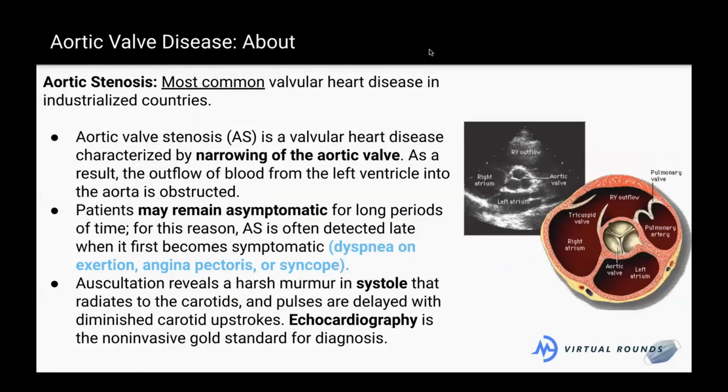I feel like all of these symptoms make a lot of sense once you understand the disease. When we listen to his heart, we hear that harsh systolic murmur, like we talked about. Now we understand why it's in systole. It radiates to the carotids, which are those two big vessels up in the neck. We hear the murmur all the way up there because those vessels come directly off of the aorta, so the sound reverberates up into those carotids. And the best way to diagnose these things, of course, is by echocardiography.